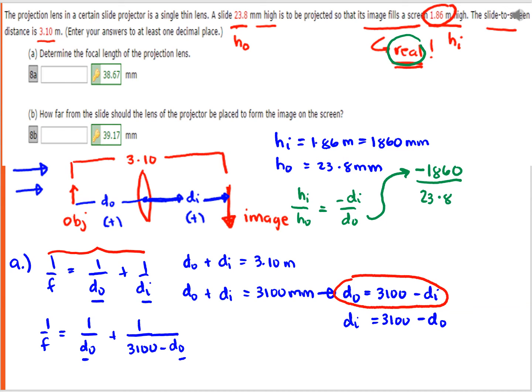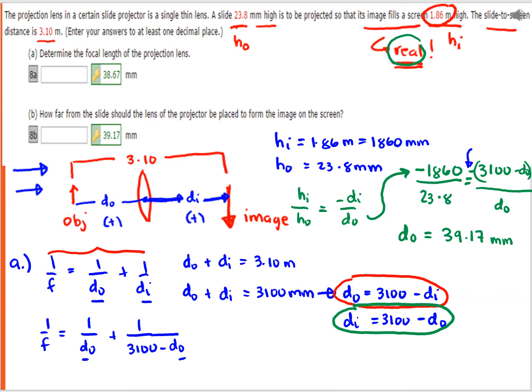And that is equal to our DI, which is this expression here, 3,100 minus DO. Do not forget the negative sign in the original equation. Do not forget this negative sign over here. Divided by DO. Manipulating this equation would allow us to solve for DO, and that would be equal to 39.17